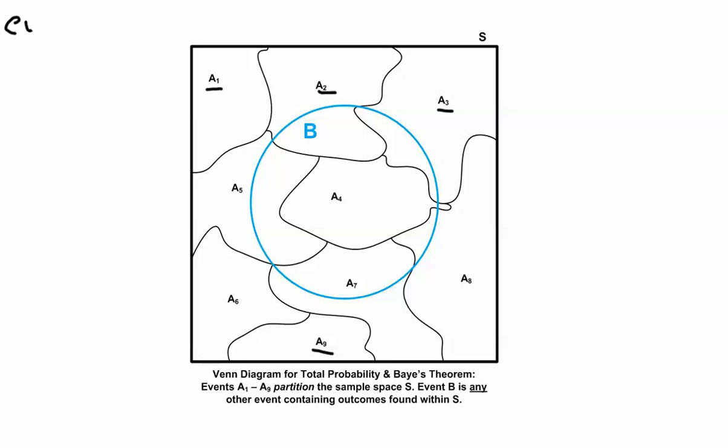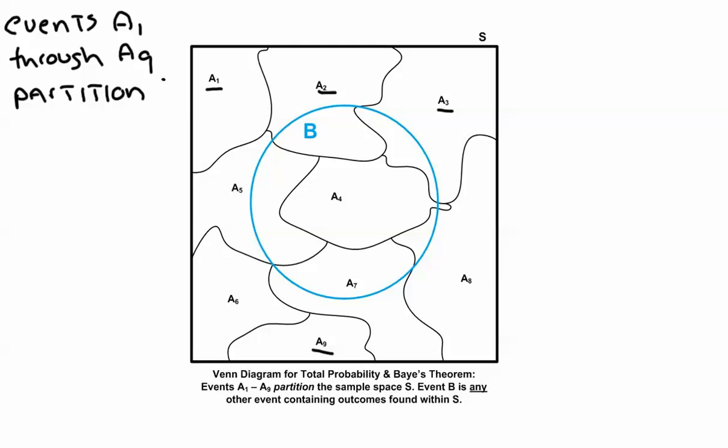Events A1 through A9 partition the sample space S. That means events A1 through A9 are mutually exclusive, and collectively they exhaust the sample space